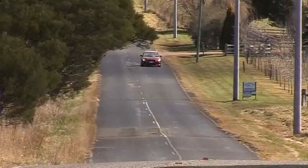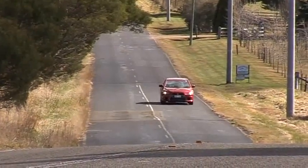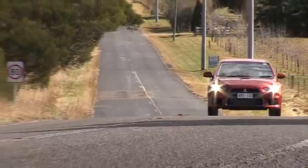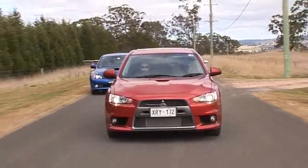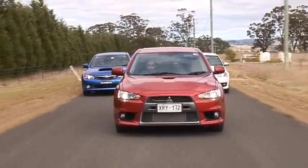There's good news under the bonnet because the 10th generation Lancer Evolution features an all-new engine for the first time since the 1992 original. The 2-litre turbo 4-cylinder engine is not only lighter than before, but it also boasts more power and more torque. And what a terrific engine it is. There's more torque down low than before, which means a more flexible mid-range. I mean, don't get me wrong, you've still got to work this 2-litre turbo engine really hard to extract maximum